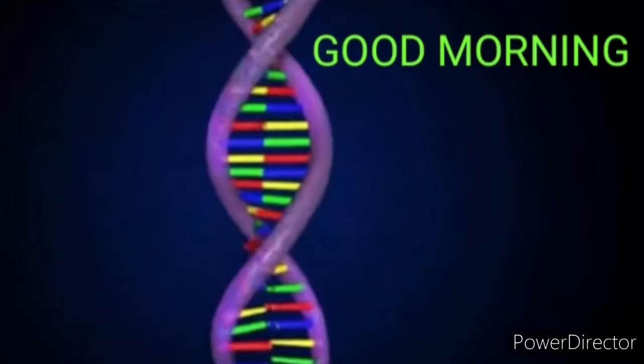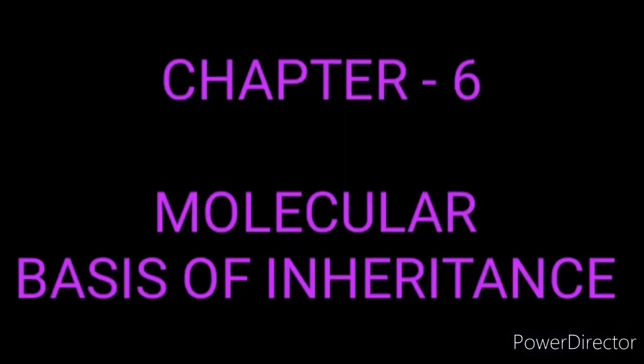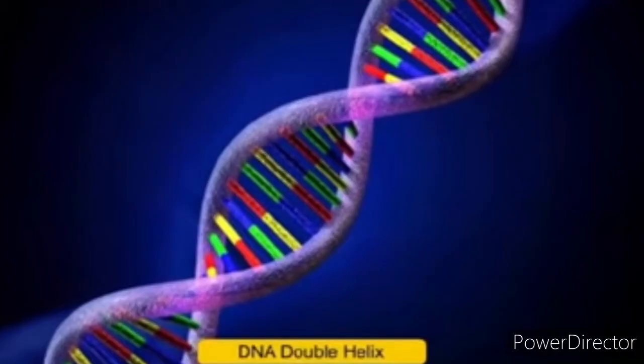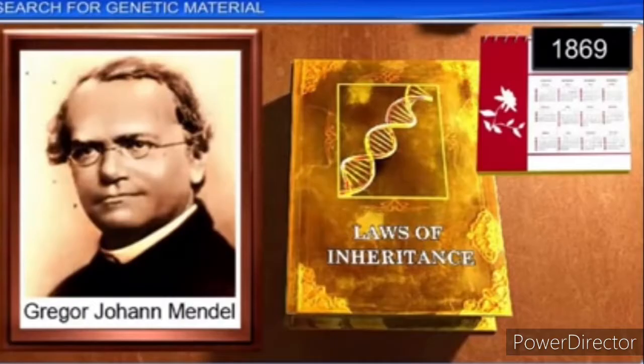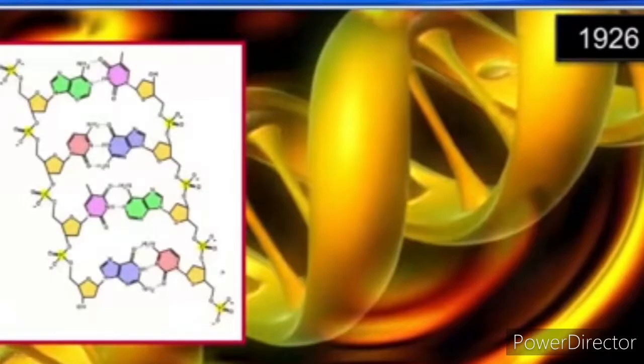Hello students, welcome back to the biology class, chapter 6, Molecular Basis of Inheritance, part 3, the search for the genetic material. Even though the discovery of nuclein by Friedrich Miescher and the proposition for principles of inheritance by Gregor Mendel were almost at the same time, by 1926, the question to determine the mechanism for genetic inheritance had reached